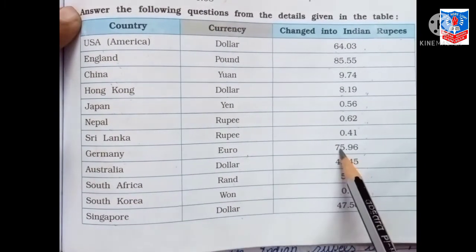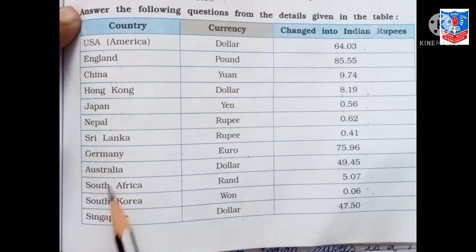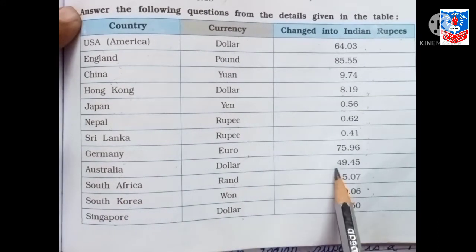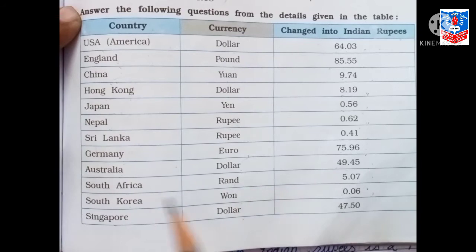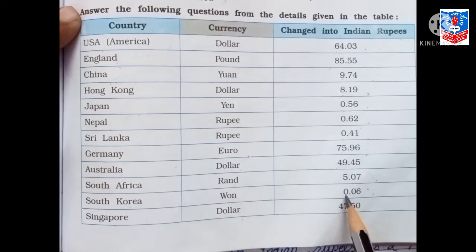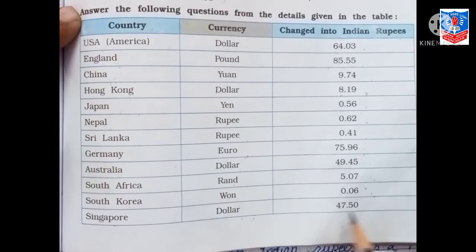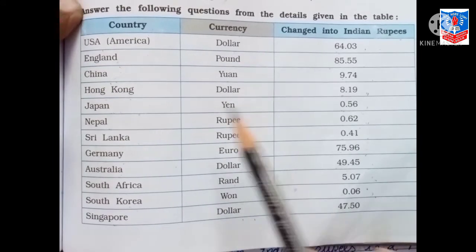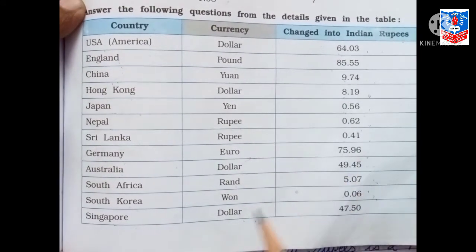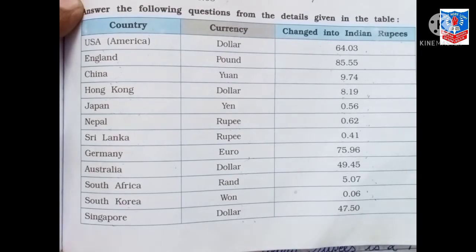Germany, euro 75.96, Australia, dollar 49.45, South Africa, rand 5.07, South Korea, 0.06, Singapore, dollar 47.50. Based on this table, now you will answer the questions.